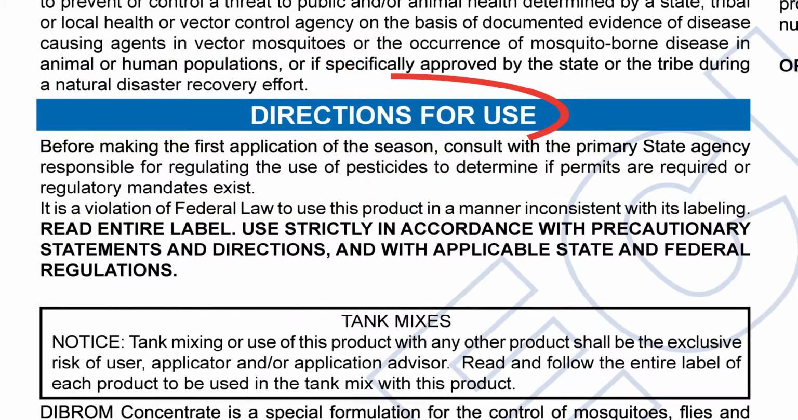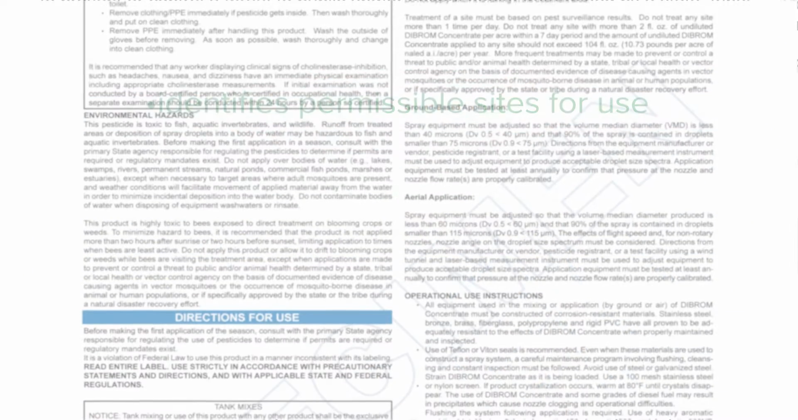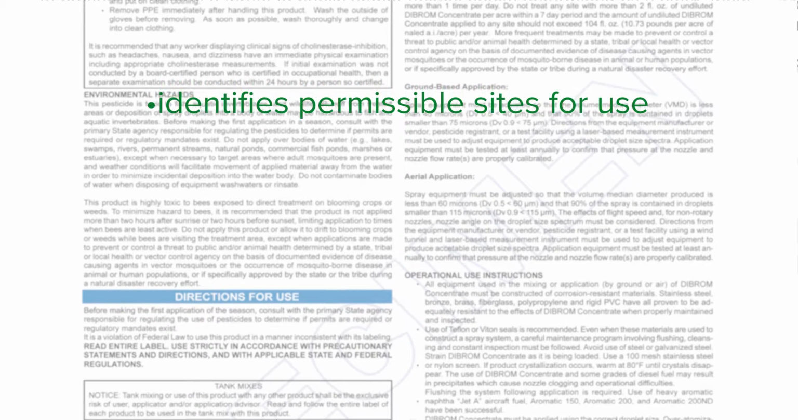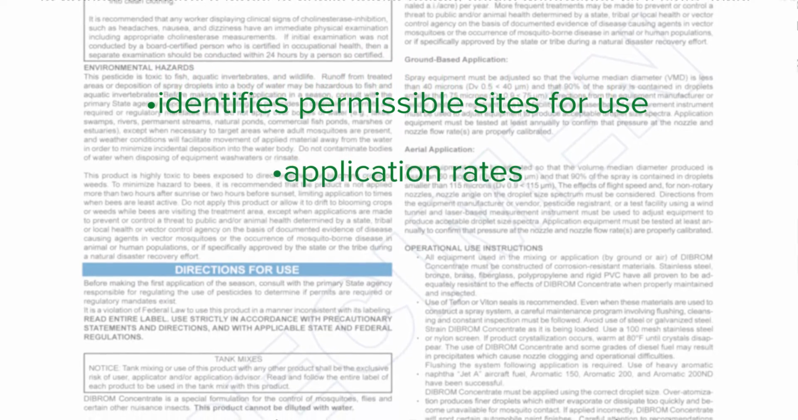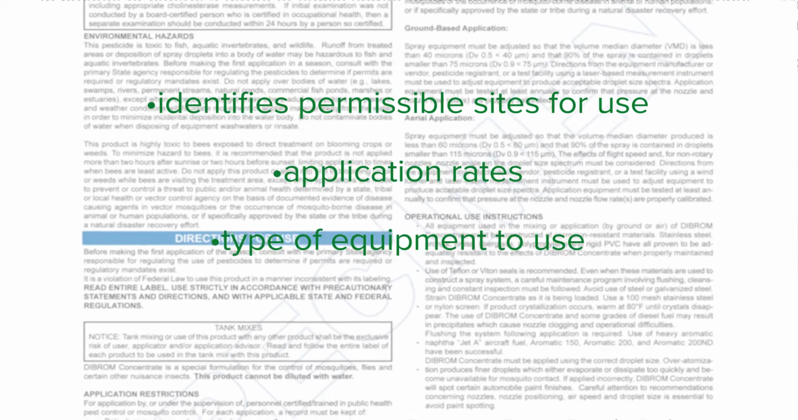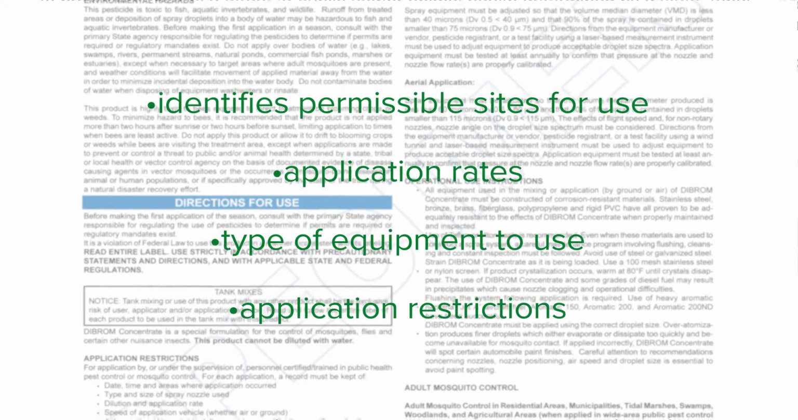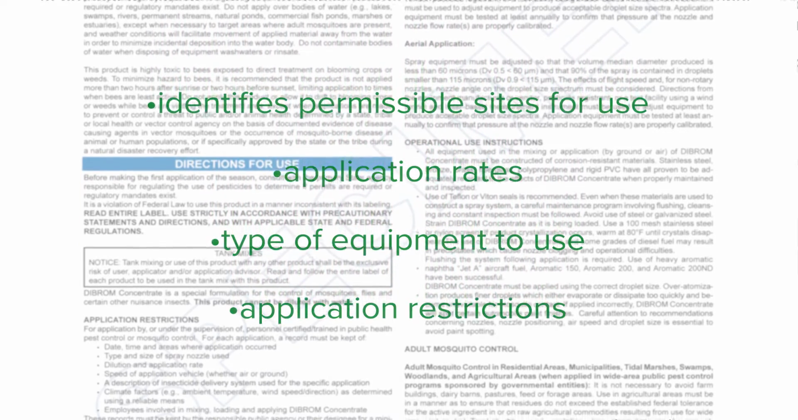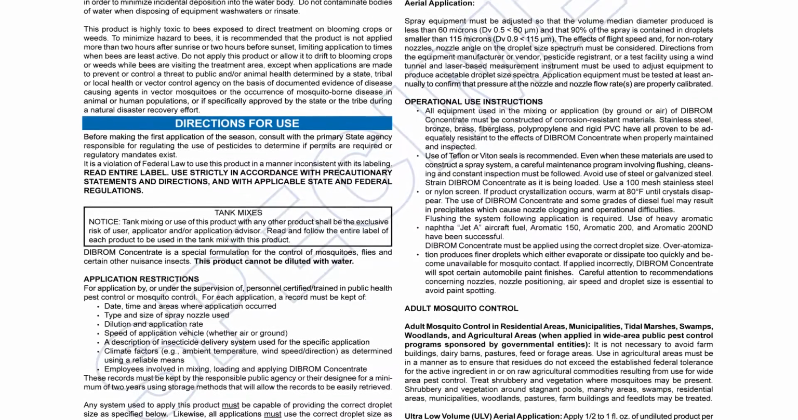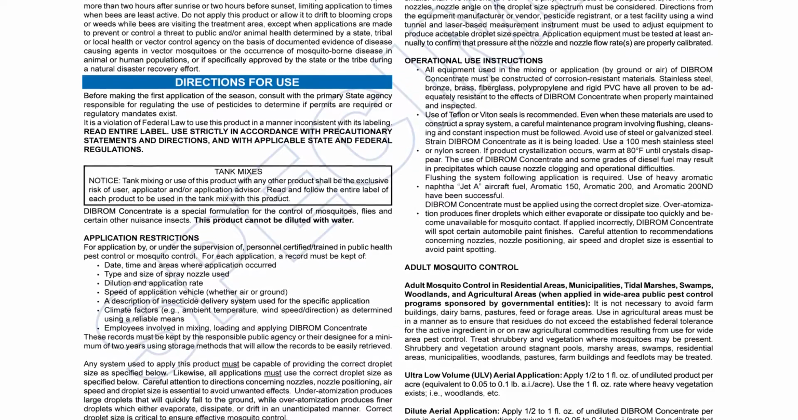The Directions for Use section opens with 2 important statements reminding the applicator to follow all pesticide label directions and not to allow the pesticide to contact anyone directly or indirectly. This section identifies the sites where you may use the pesticide, the application rates, the type of equipment to use, and any application restrictions. All the information on the product label is very important to the safety and success of